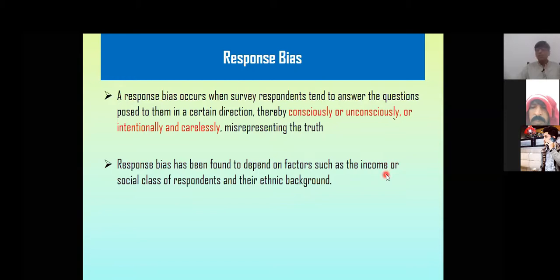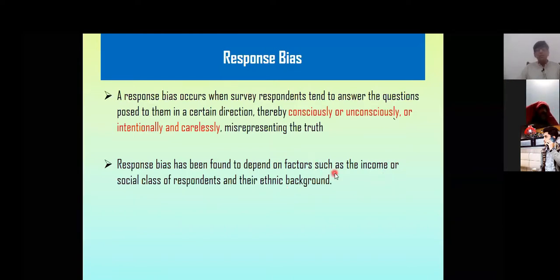Like the factor of income: if you ask the income level from a male respondent, definitely he will hide. Most of the time, male members are not ready to show their income. Another is about the age from a female; again, the same issue will be faced. For the ethnic background, that means which group you belong to, whether Christian or Muslim, most people hide this information for some reason. For example, your religious background: are you a Sunni Muslim, Shia Muslim, or any other? Some people hide it because of social reasons.